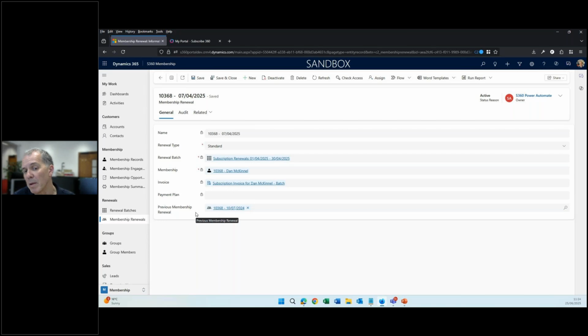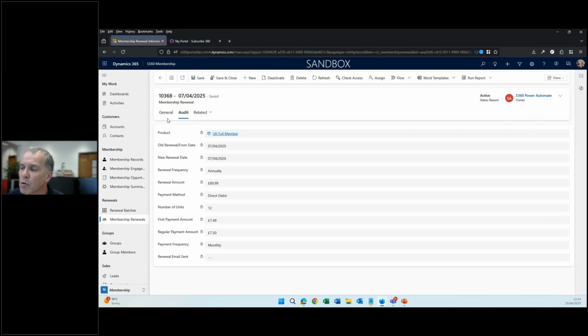We have some membership organizations where they want to say, for example, in the renewal letter, last year you paid X, this year you'll pay Y. So if we link the two things together, we can pull that information out into the renewal email. We will also generate an audit trail, so the information is available for you to use in things like your renewal letters, etc. So we're saying, for example, the renewal's running from 2025 to 2026,